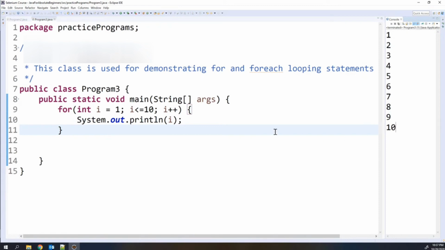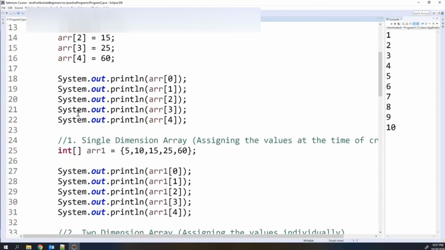So this is how we basically use the for loop, okay? So this is a basic example actually. But the for loop is actually used for iterating the arrays and collections also, okay? So you can use the for loop for iterating the arrays and you can print the values of those arrays also, okay? So in my previous program, I have shown how to create the arrays and how to print the